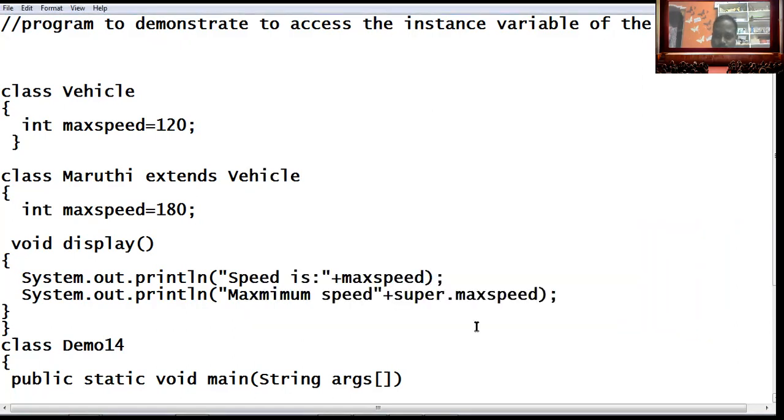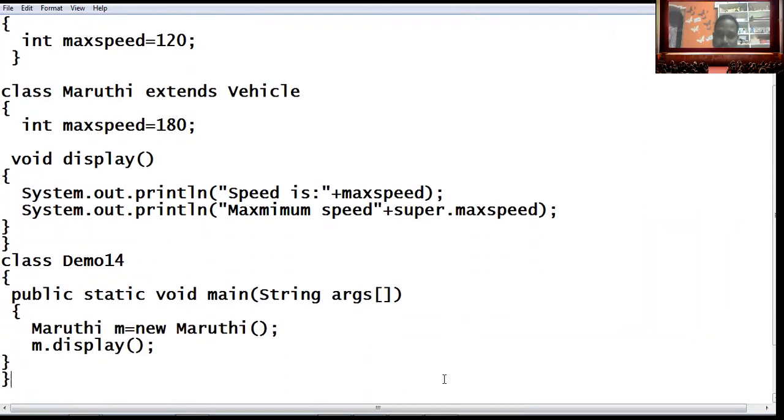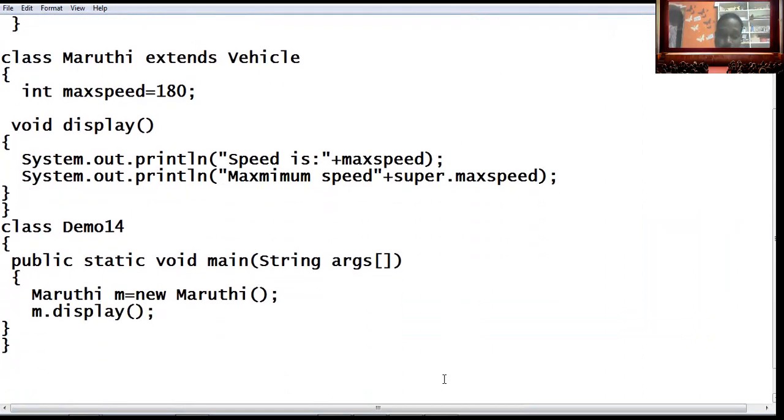Okay, the last. So in this point what we discuss is when to use the super keyword.